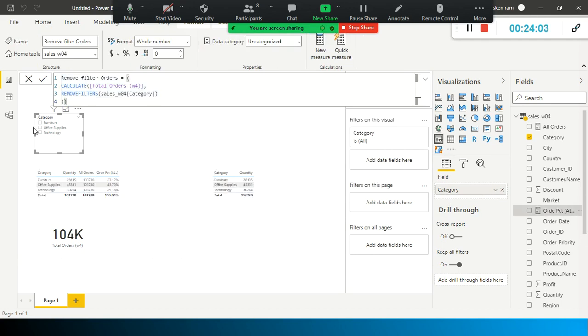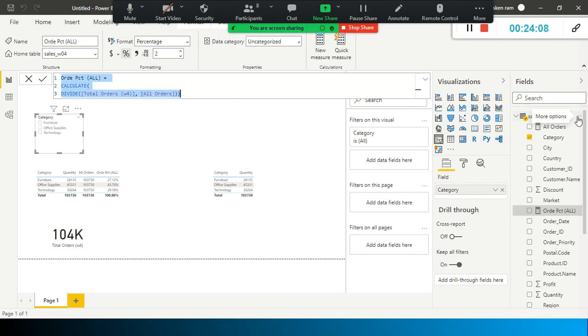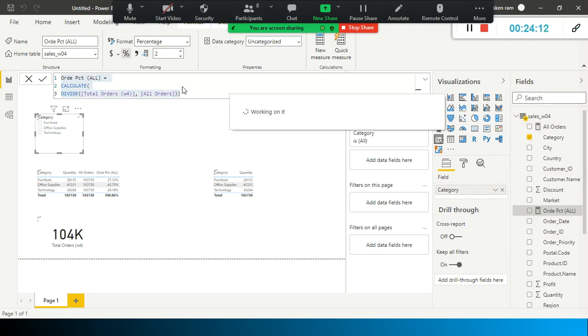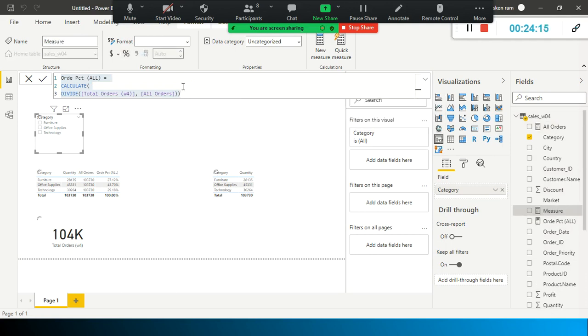I'm going to open the same thing here. I just copy and paste it into a new measure. So here, remove percent all. Each and every row's total quantity, I need to divide by this one, REMOVEFILTERS, right?